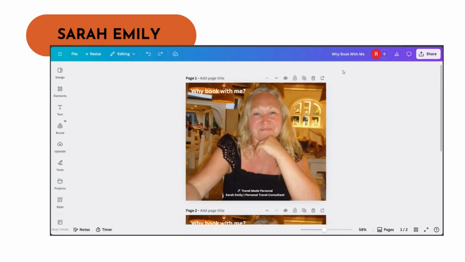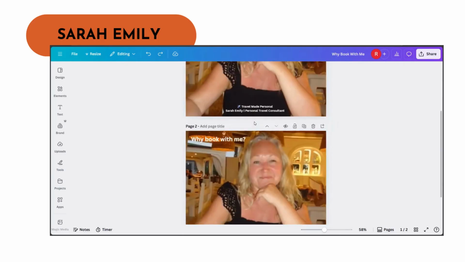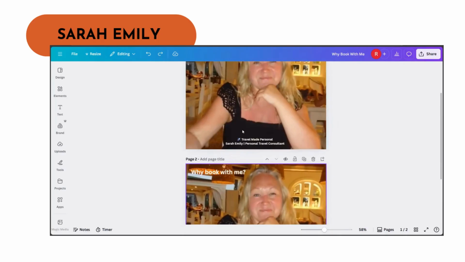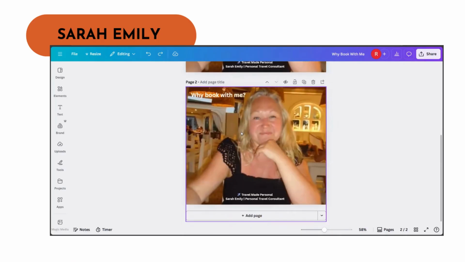So this is what we're doing. We have got the original design here, and then I've duplicated it here. So I will change this duplicate and we will flick backwards and forwards between the two to see the differences that I'm making. So the first thing I'm going to say is that this "why book with me" doesn't really